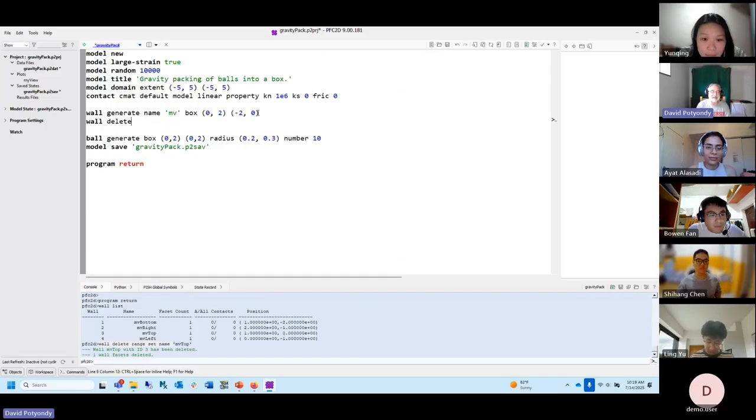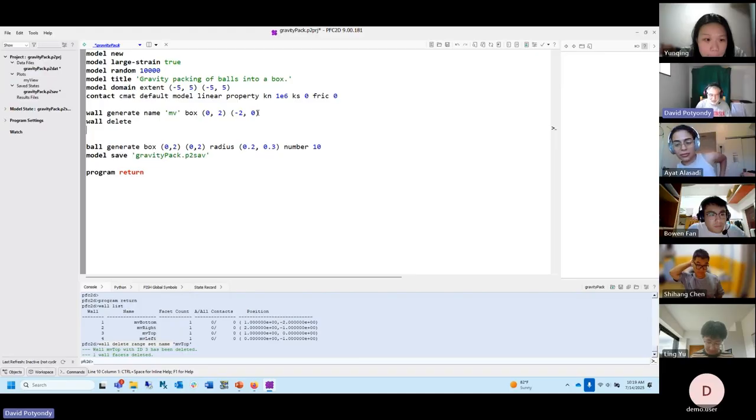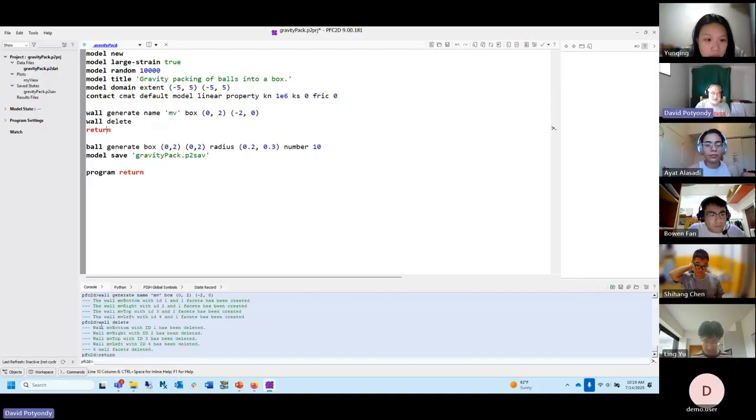So I'm going to say wall delete. If I just give that command, it'll delete all the walls. Return. Run this. Boom, wall delete. It deleted all 4 facets. But I only want to delete some of it, so I want to filter it. I only want it to apply to some of them. So I use this thing called the range command. So range name set MV top. Now if I run it,